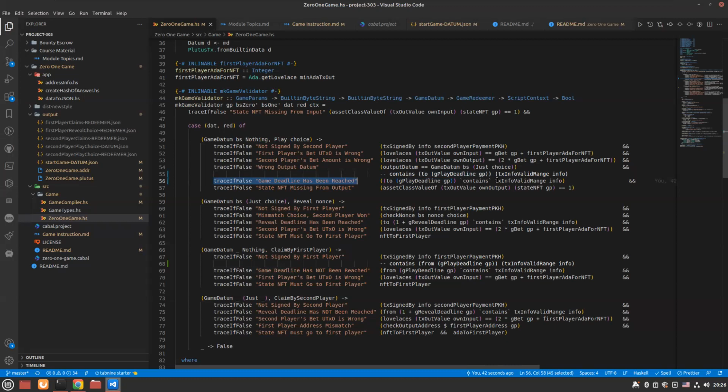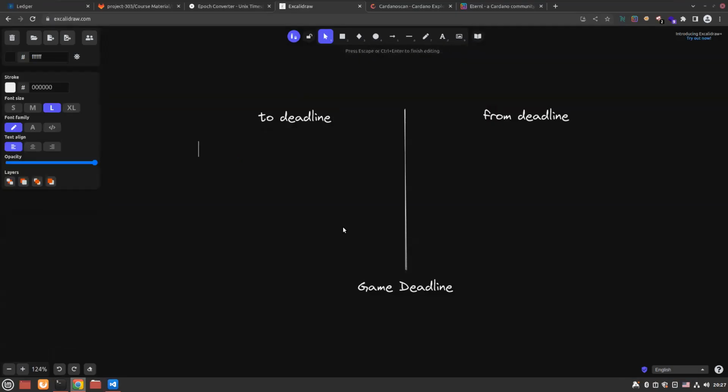Because the range which we provided from the beginning of time until that time that we gave inside the Cardano CLI command was smaller than the range from the beginning of time until the deadline. So let me write it here. So txInfoValidRange